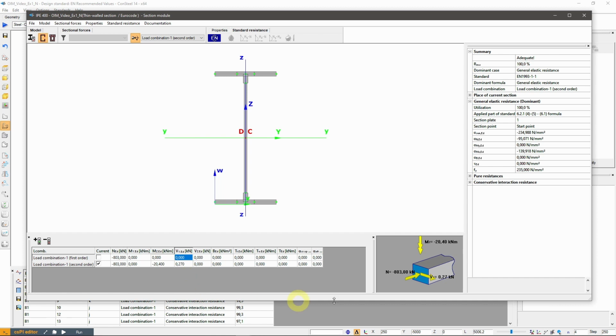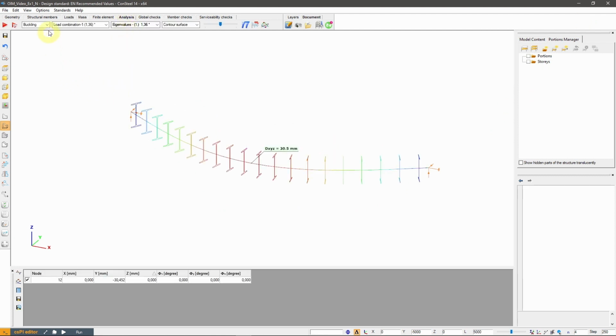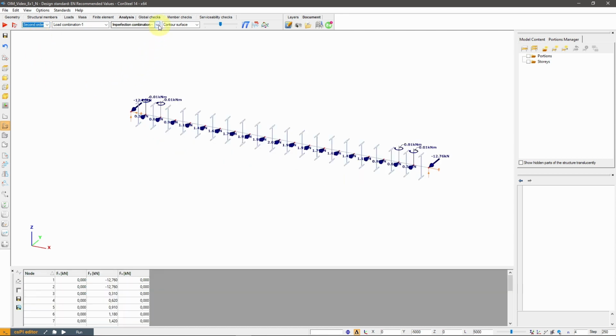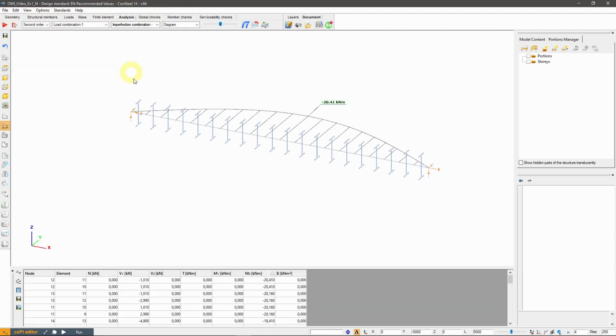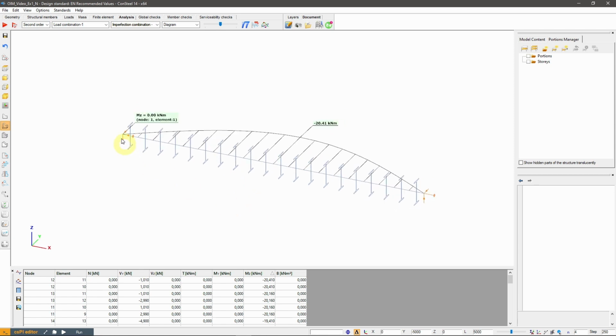Note that we got the same utilization result for different internal forces, but without the reduction of the strength in this case. This is because we scaled these forces with the calculations of the overall imperfection method to have the same effect. One advantage of this approach is that we can specifically see what forces represent the buckling effect, and we can also see the difference compared to the first-order results where these forces are not present. In the second-order analysis result, we can check out these internal forces for the entire member. Also, if we look at the deformation, the second-order results contain the buckling deformation, while the first-order results do not.